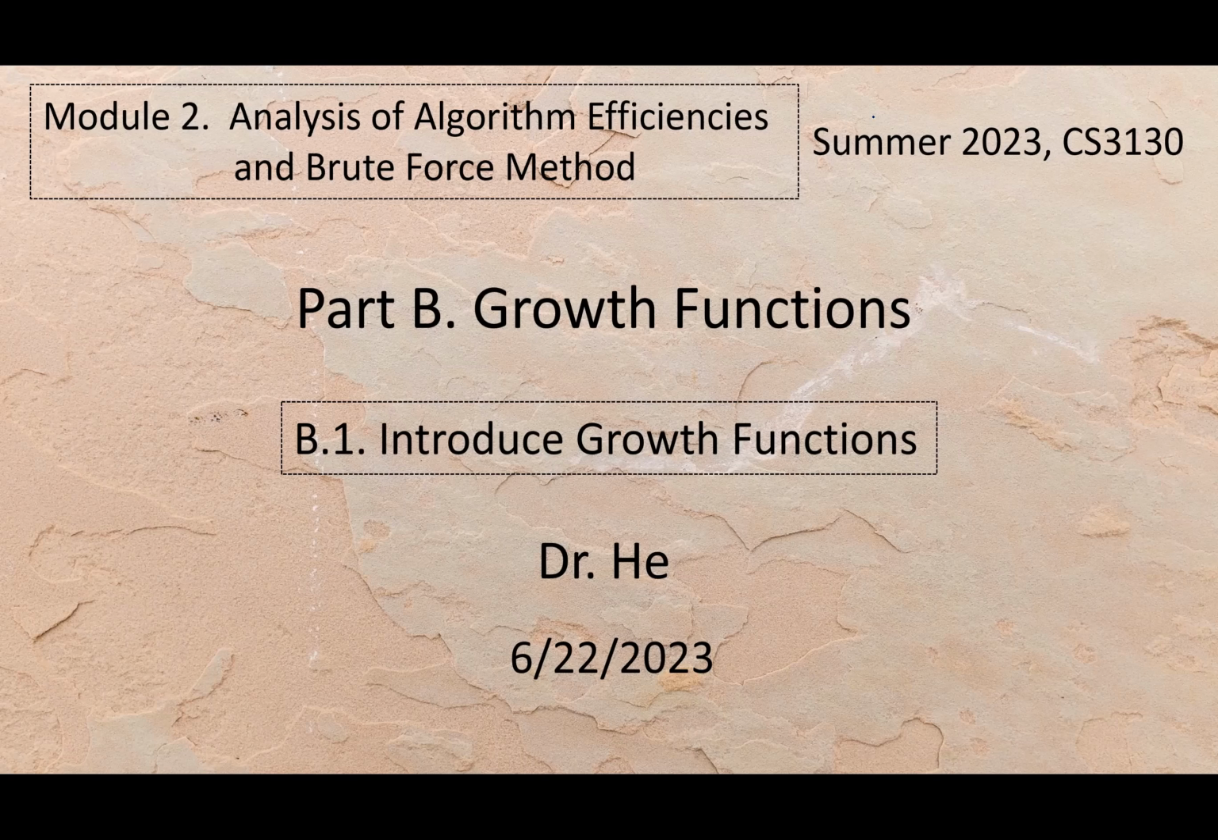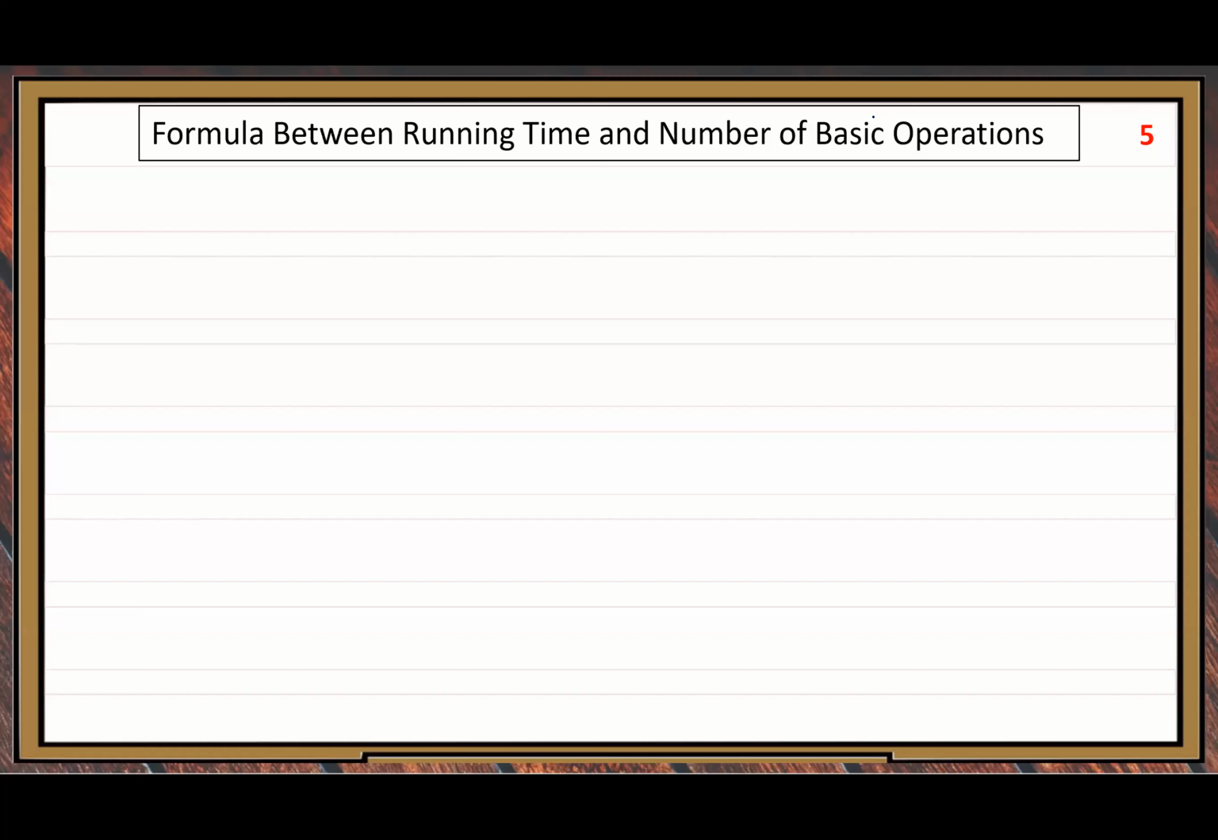Introduce this growth functions concept. We use our part A example, the formula between running time and the number of basic operations. Here, I like to introduce the concept first. Then we apply this concept in our previous example. So the concept is